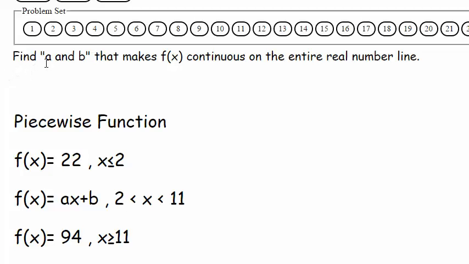This one here says we want to find an A and a B that makes f of x continuous on the entire real number line. We want to find an A and a B. We can do this. So what you'll want to do is jot this stuff down, and I'm going to give you some time to do that